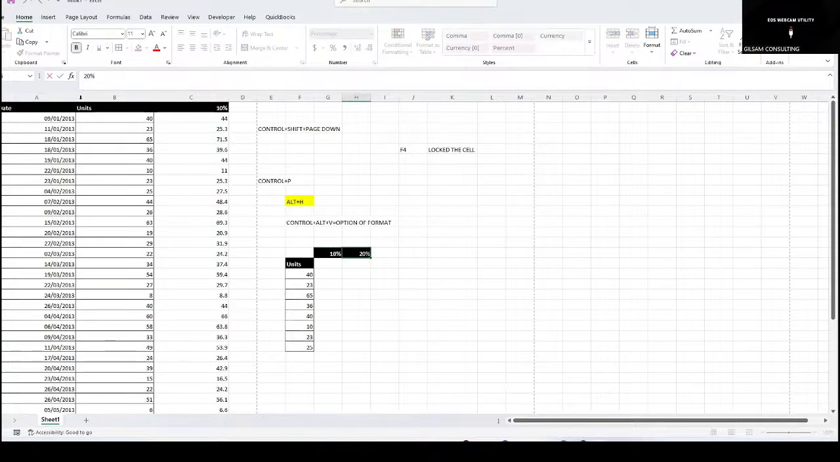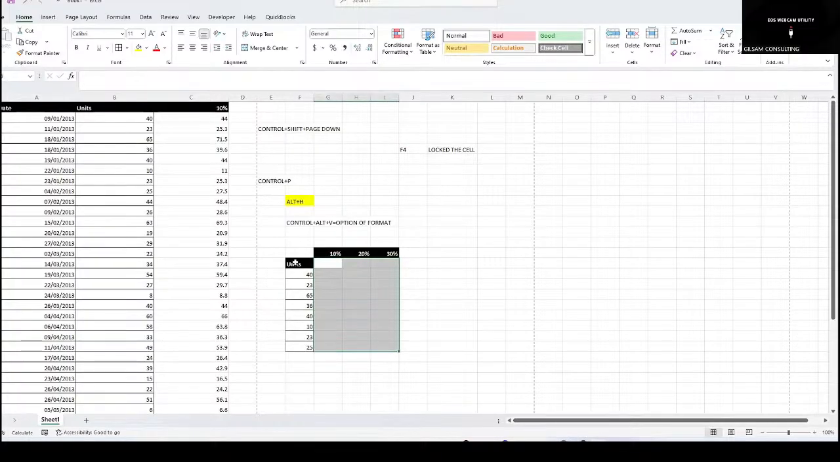I need 20%, I also need 30%. How will I apply this? F4, so that I can easily get whatever I want here without